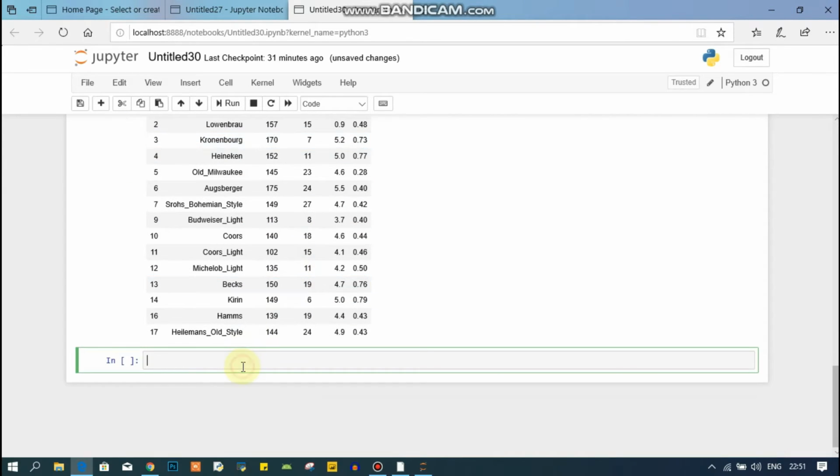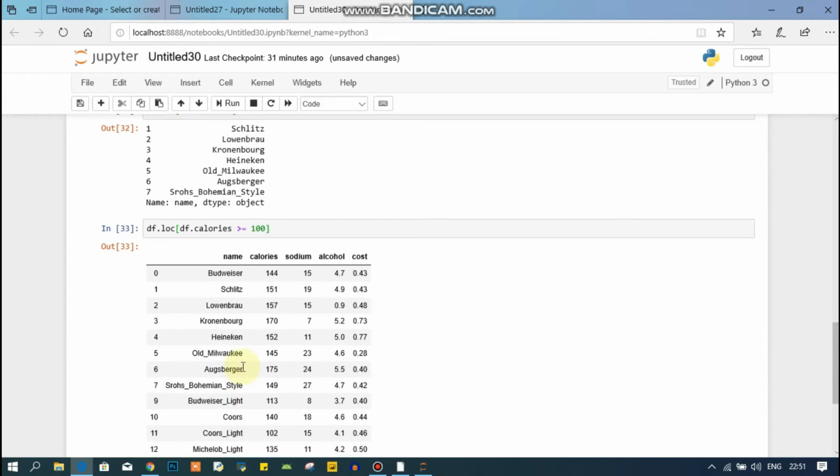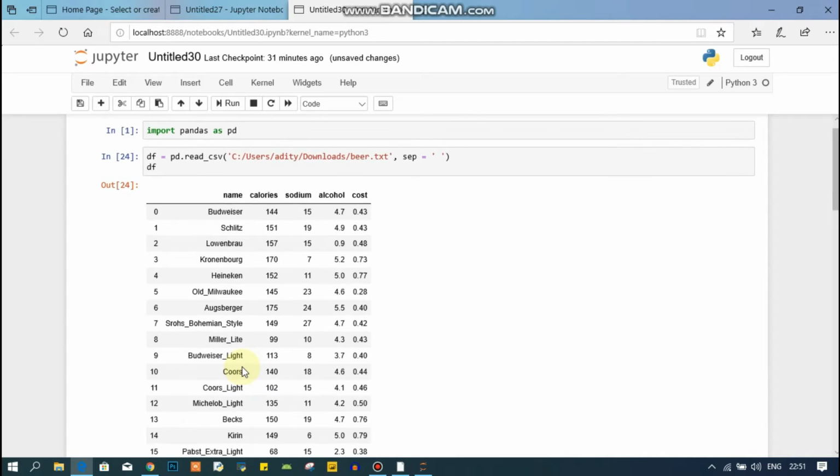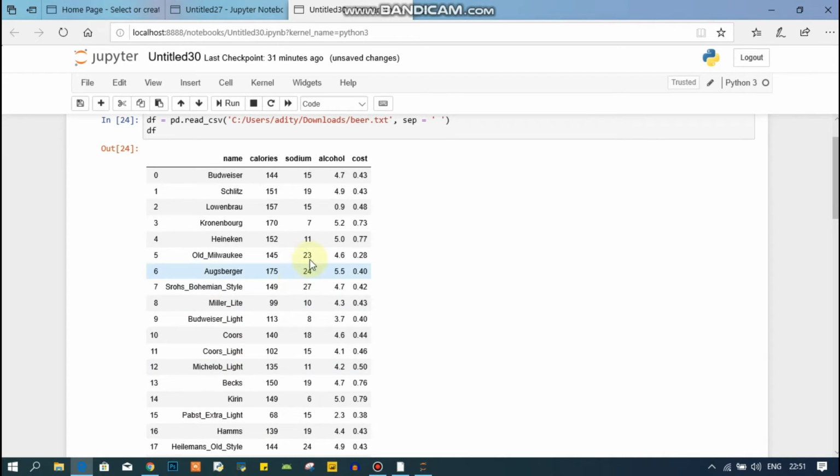Let's say I want dot loc and let's pass some conditions to it. Suppose that I want the index values of alcohol greater than 3.